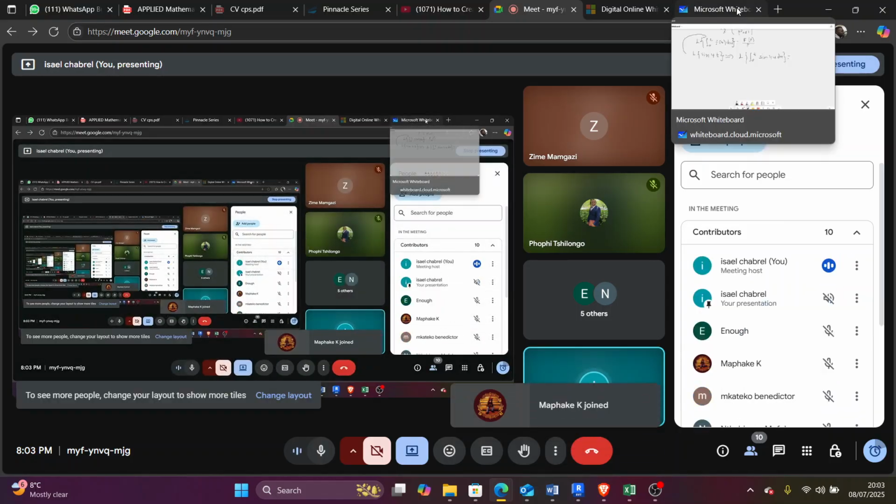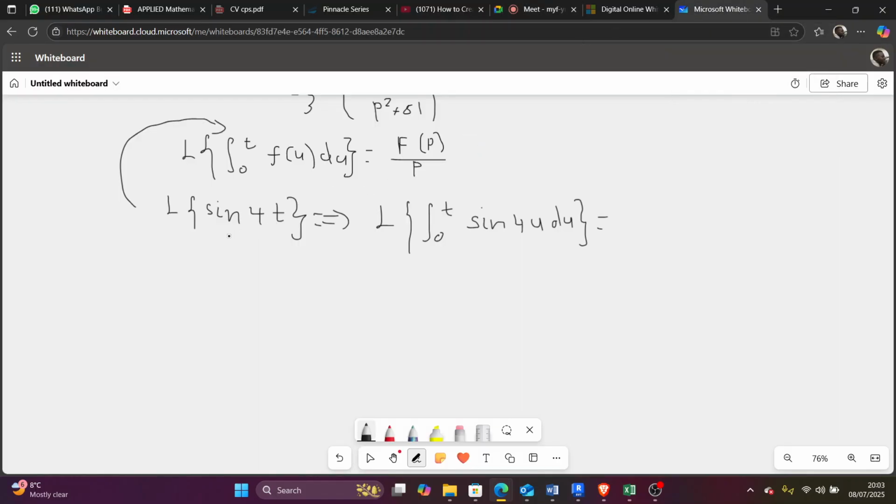So this is what we've done. We write first this function in terms of the Laplace integral. Now, guys, this is the easiest thing ever. What you have to do is to apply the formula. The formula says that to solve it, it is f of p divided by p. Now, how do we solve it? Very easy. What is f of p?